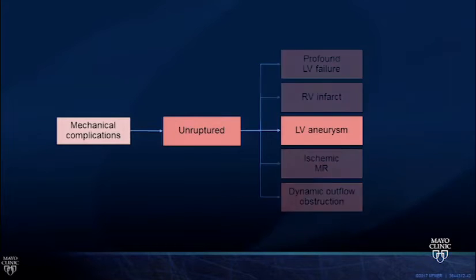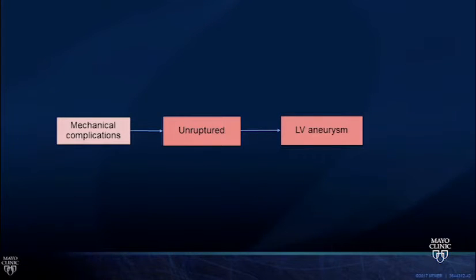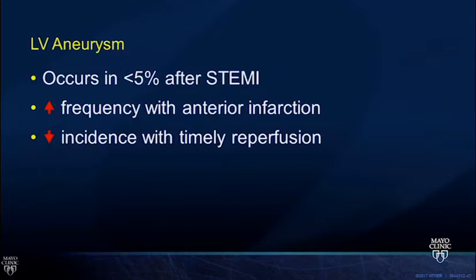Let's now move on to LV aneurysm. This is sometimes referred to as a true aneurysm. This most typically occurs in the setting of a STEMI, where you've had acute vessel occlusion resulting in transmural ischemia. You've affected all layers of the myocardium, transmural ischemia, to develop a true aneurysm. It's most frequently seen with anterior infarcts and involves the apex, and incidence has gone down as we've pursued more